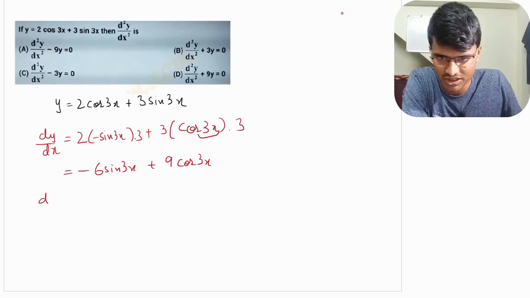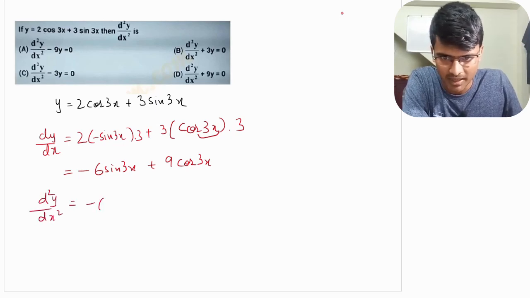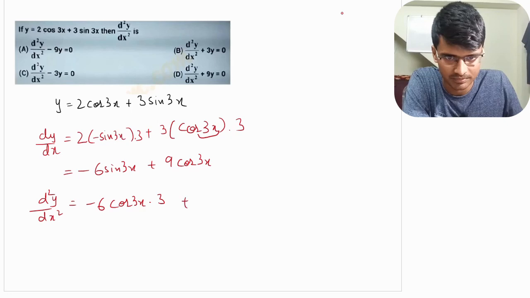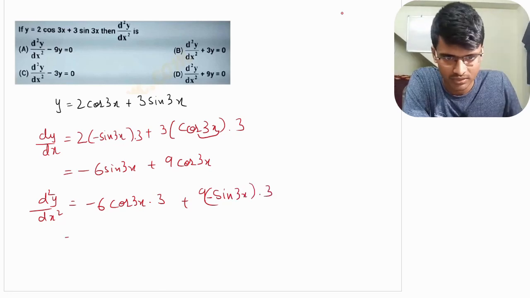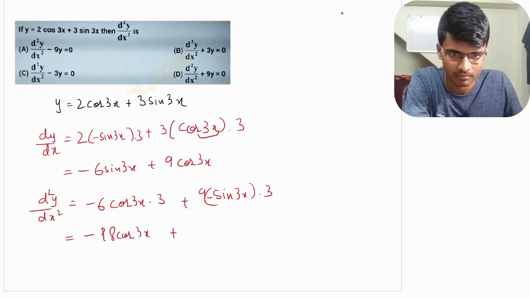Again I'll differentiate it. d square y by dx square is minus 6, differentiation of sine 3x is cos 3x, differentiation of 3x is 3. Here again differentiation of cos 3x is minus sine 3x, differentiation of 3x is 3. So I'll get minus 18 cos 3x